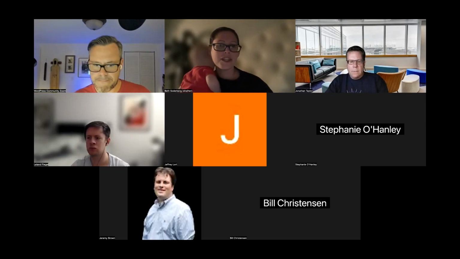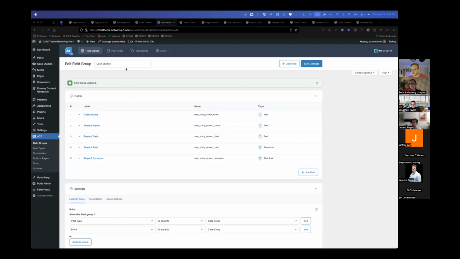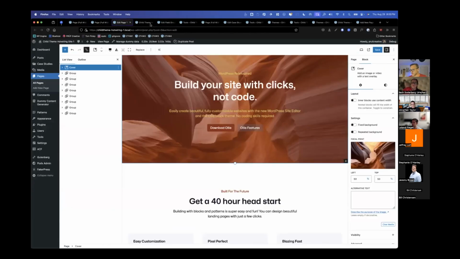Something else came up. So, Beth is asking to see a demo of the query block. Can you specify how you would like it demoed? And obviously someone should interrupt me. I'm just thinking of things that I've seen as common questions. And I think there's a lot of confusion about how WP Query translates to a full site editing theme.